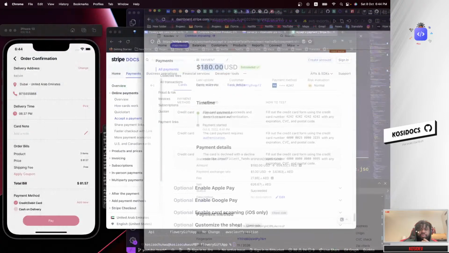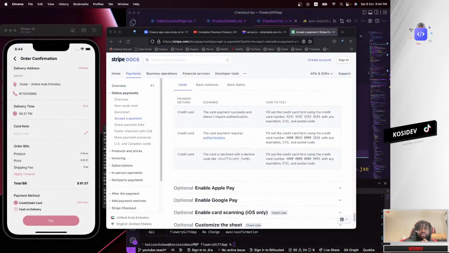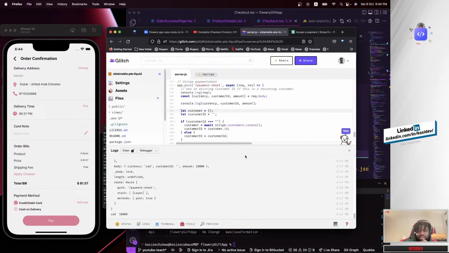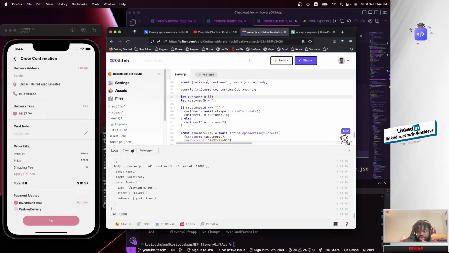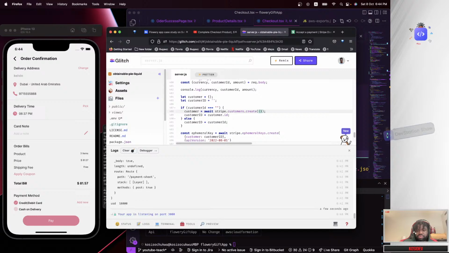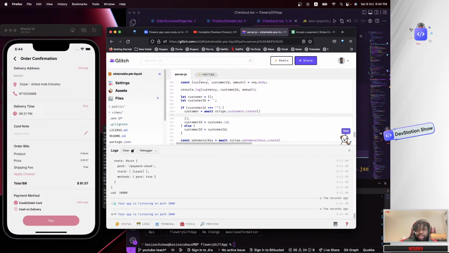The next thing we could do is pass in some customer details over here where we created a customer. Let's say we want to create a new customer. You can create a new customer by passing some params to it, like email and something like that.